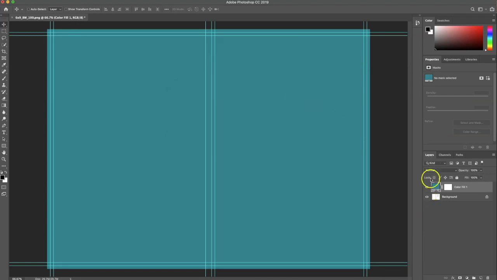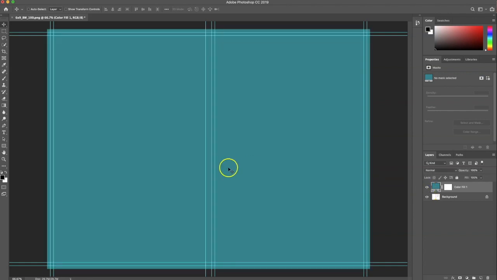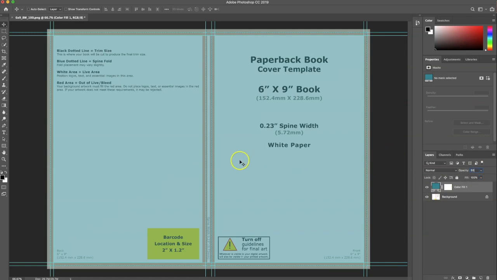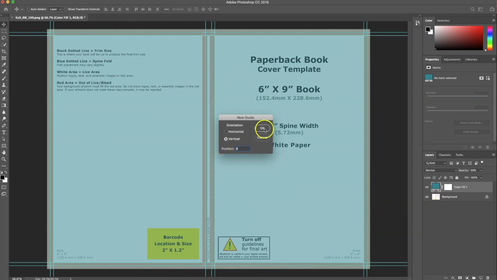So now you can see, even though this background color is covering my template, I still know where to align my content because I have those guidelines in place. I did forget one though, it looks like. So if I turn this to 50%, I can see I forgot this trim area here. So let's go ahead and add that guide back in. So now that I have all my guides correctly positioned, I'll turn the background back to 100%,